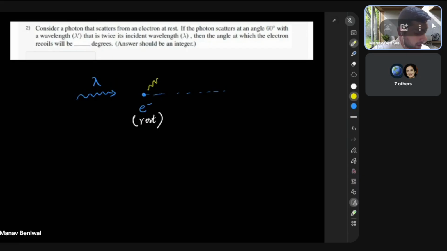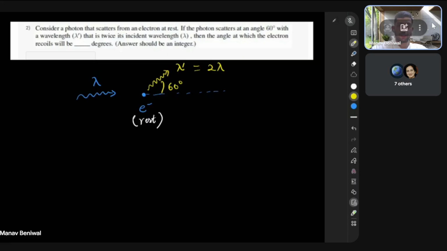So our scattered photon goes here at an angle of 60 degree with wavelength lambda prime, which is equal to 2 lambda. So our wavelength has increased, correct? Which means our energy has decreased, because they are inversely proportional, and the remaining energy will be taken up by the electron,